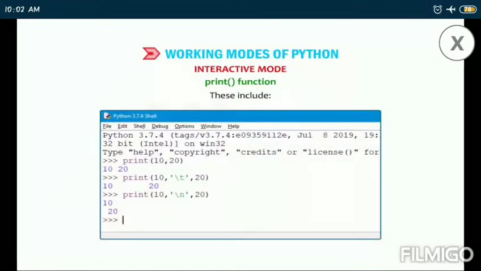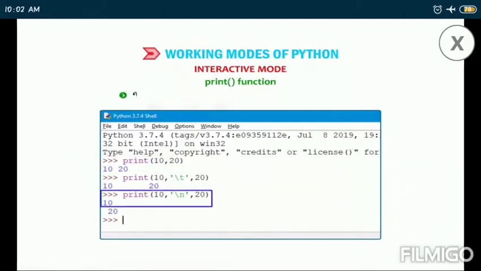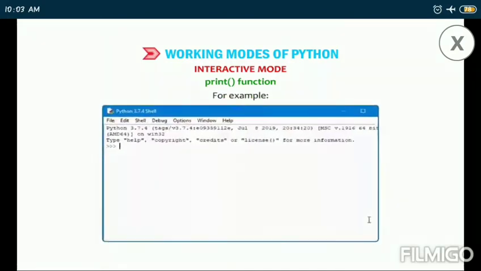These include comma, to print the next value after a space, \n inverted comma, new line, to print the new value in the next line, and \t inverted comma, tab, to print the next value after a tab space. One tab equals 5 spaces. For example,